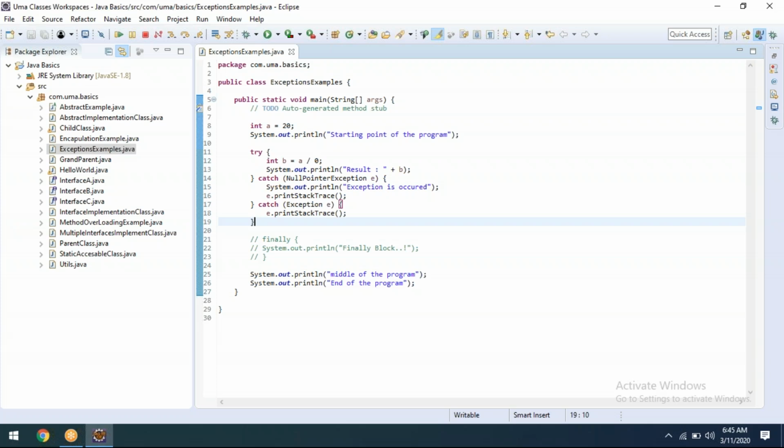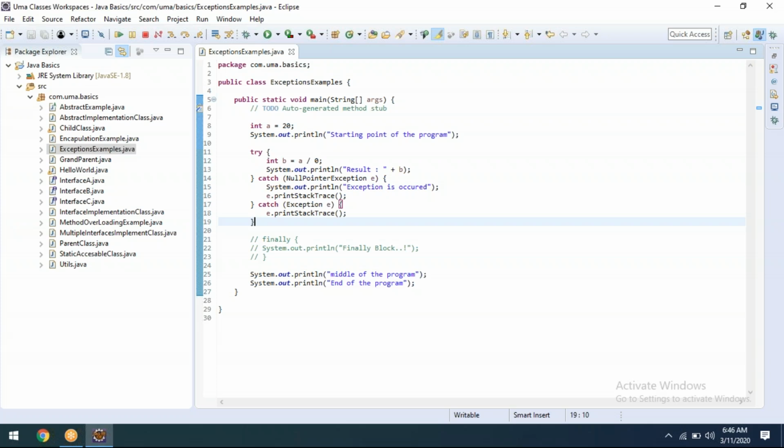The next point. Now we are going to talk about the combinations of try, catch, and finally. What combinations are available? First point, try, catch, and finally are all blocks.